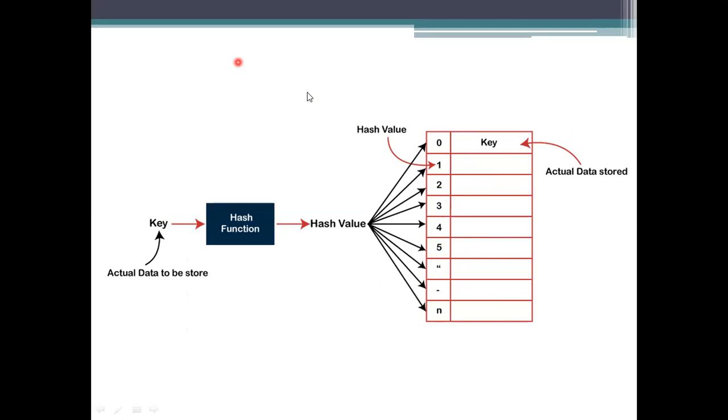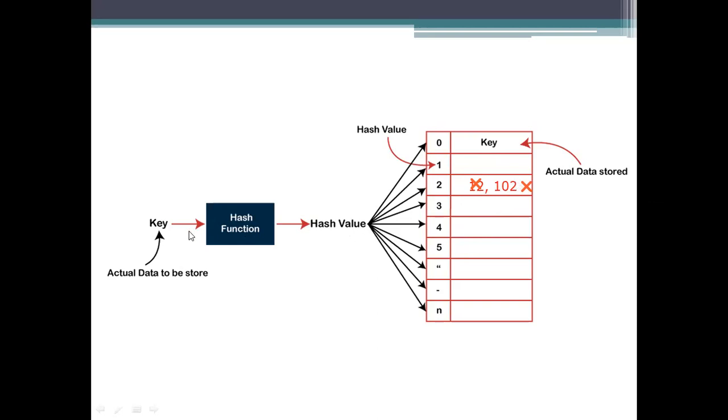For example, the value here is 12 and 102 has to be stored here as well, which is not practically implementable, because if one value is stored and you try to store another, the old value will be deleted or replaced, and only the new value will be considered.